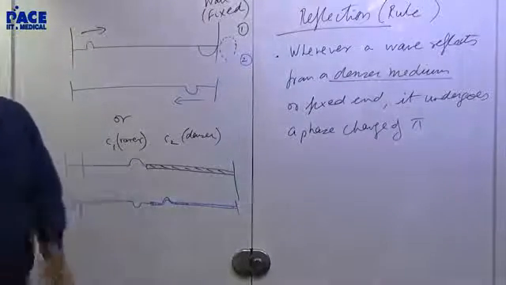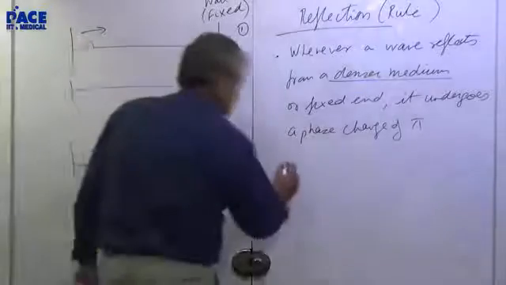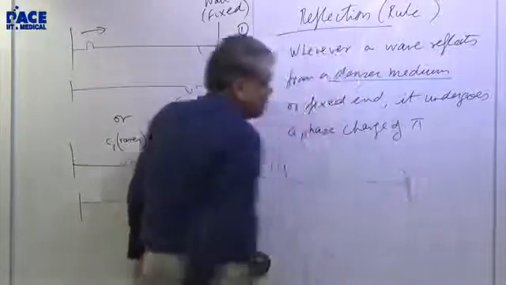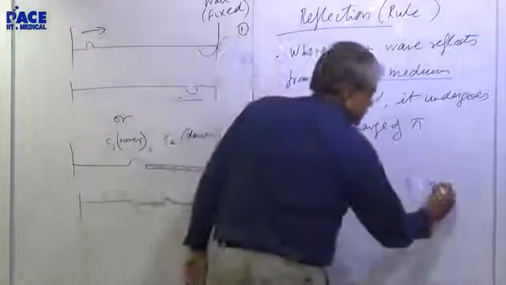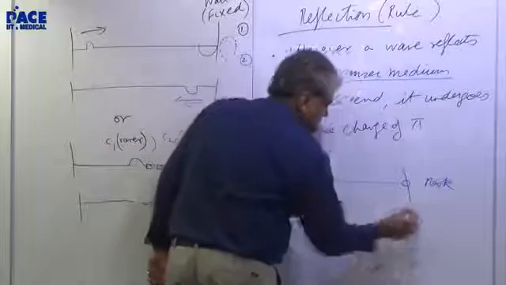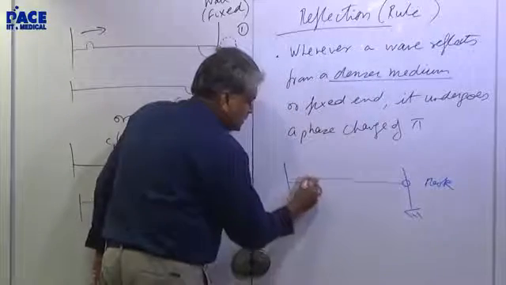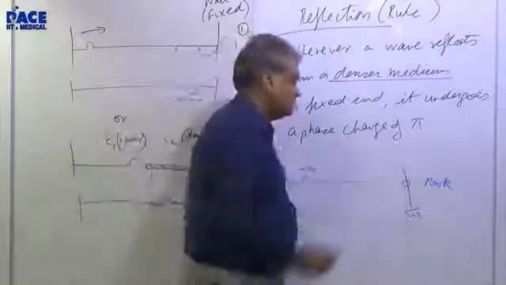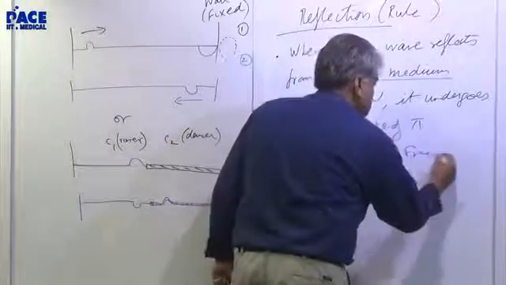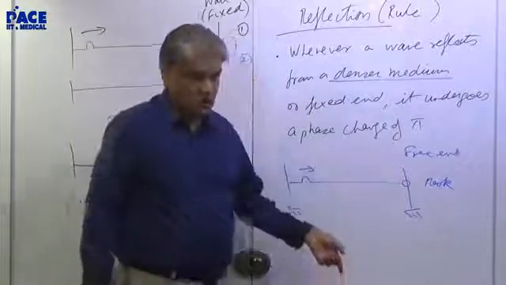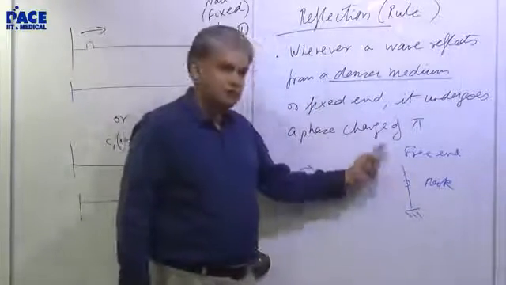This is called a free end. I am drawing it now. Free end means it's like this. Suppose you create a hook like that. If you have a hook and you create a pulse there, this goes and hits it. This is a free end. The hook prevents it from falling down, but at the same time, it can move up and down.